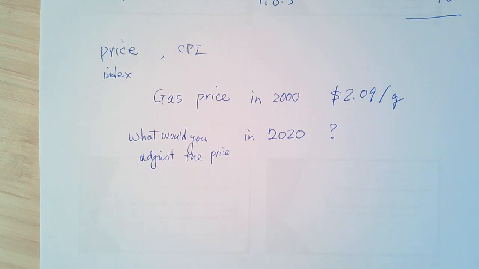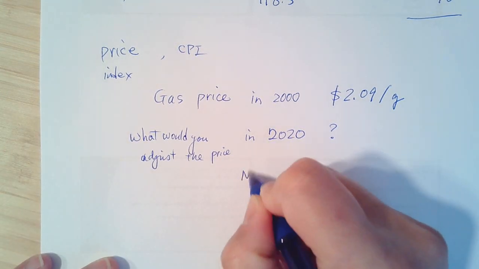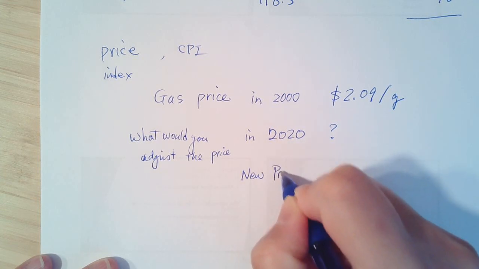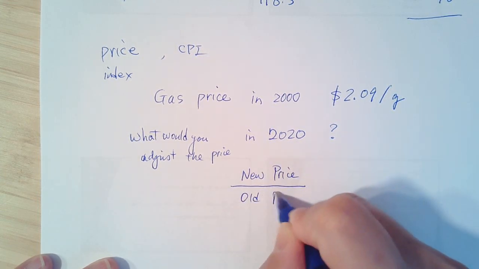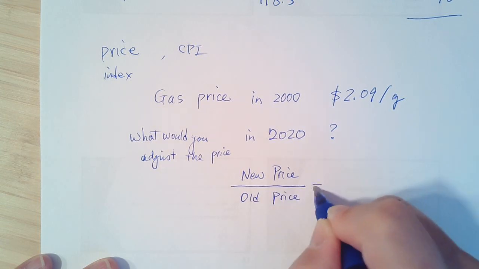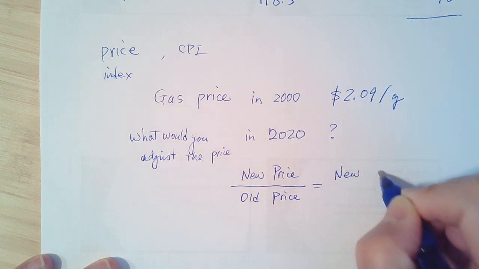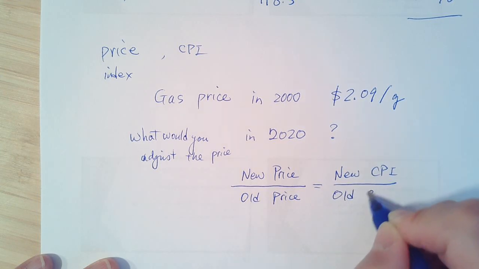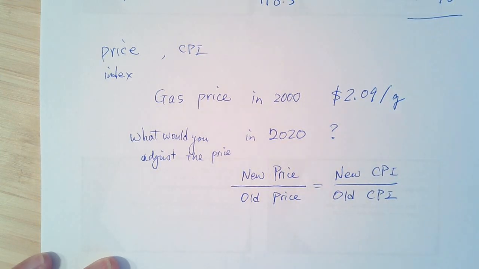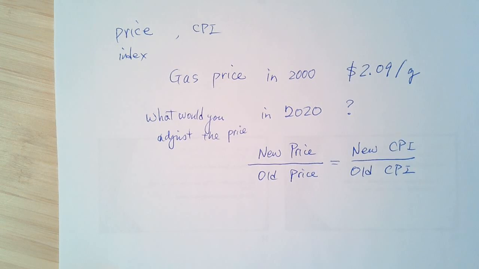Now I want to give you one quick thing. The new price compared with the old price should be the same as the new CPI over the old CPI. That's when you adjust the price. What does that mean? Let's see. In 2020,